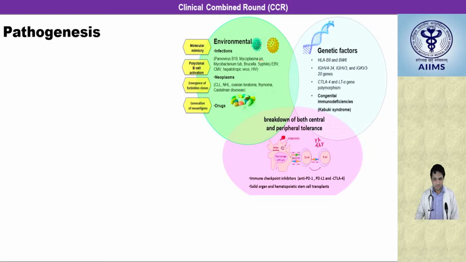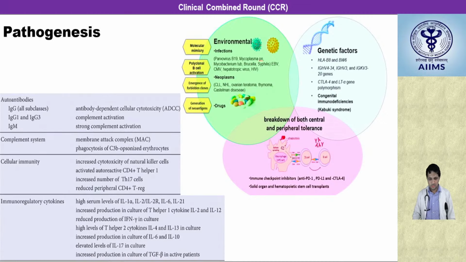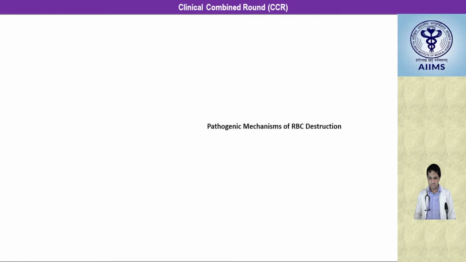It can be explained with a simple example: infection like parvovirus B19 or mycoplasma leads to modification in RBC antigen, which activates polyclonal B cells and formation of antibody, mainly IgG and sometimes IgM, that leads to complement system activation and changes in cellular immunity through immunoregulatory cytokines and leads to RBC destruction,